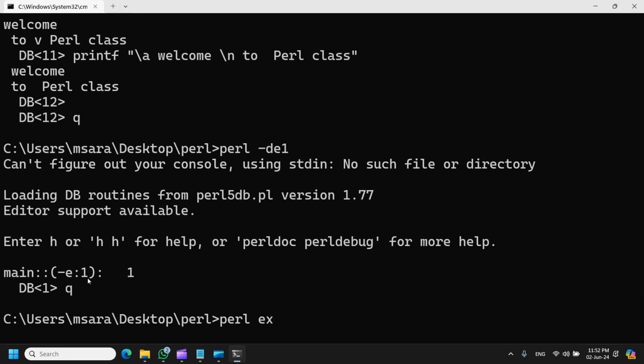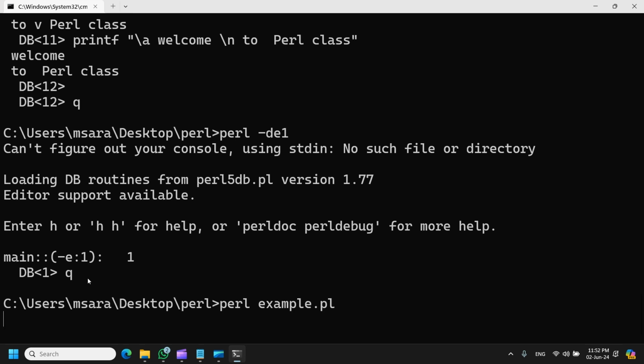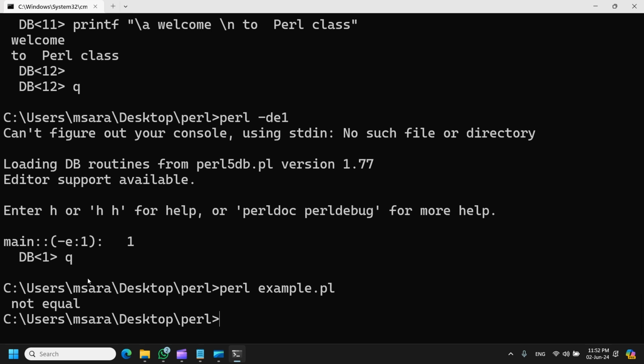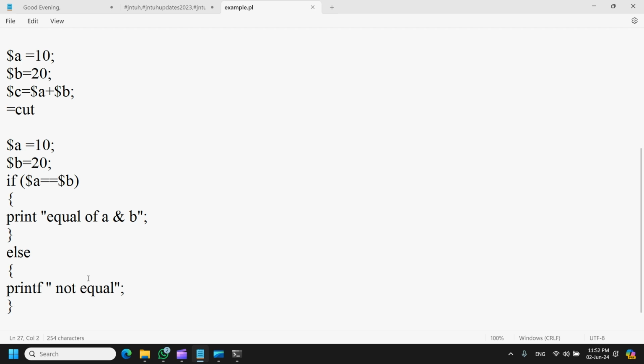Perl example.pl. It is the not equal, because the a value equal to 10, b value equal to 20. It will display not equal. So it will go from equal. For this, we can give either a less than or equal to